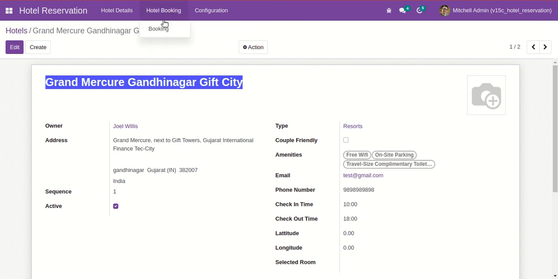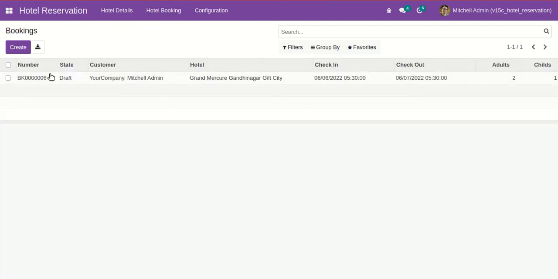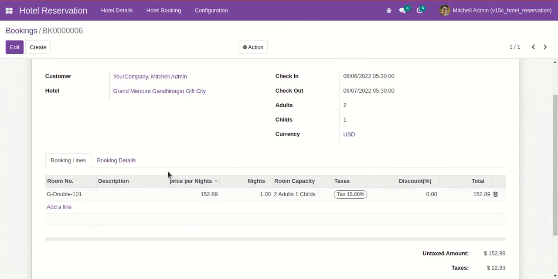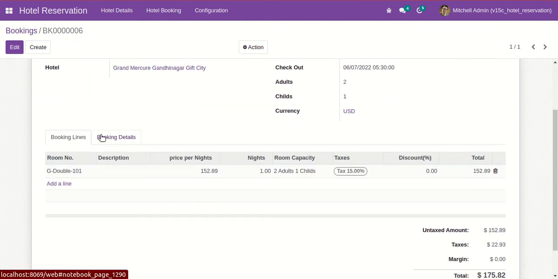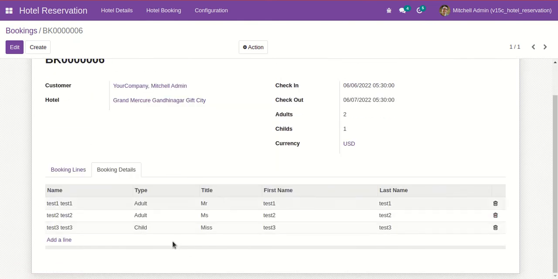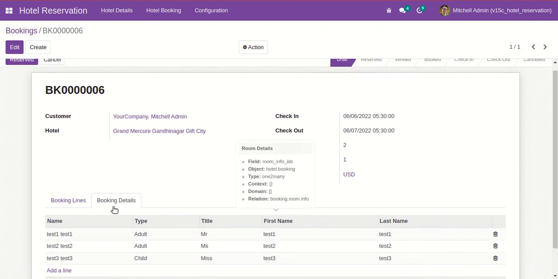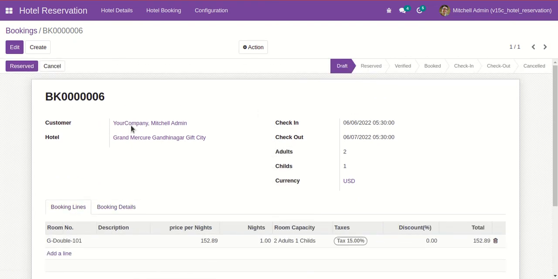Inside the hotel booking tab, we can check the booking. You can see the booking is created with today's date, and inside the booking detail we can see the detail about the guest. Booking is created with the draft state,